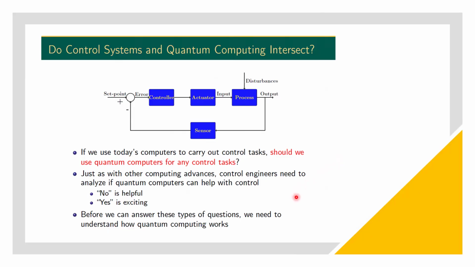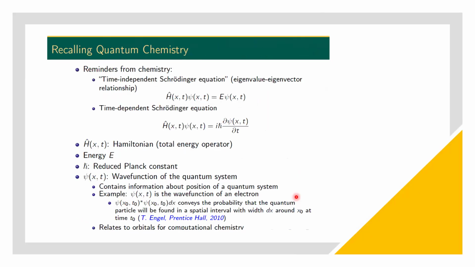But before we can try to answer any of those types of questions, we need to understand how quantum computing works. And something that's pretty cool if you're a control engineer is that a lot of the principles behind quantum computing can really be explained from a lot of control principles. But where I want to start is assuming that the audience might be a little bit like me and they're chemical engineers, process control engineers, for example. I want to help bridge the gap between what you may have learned in your past, which would probably have been in some type of chemistry class about quantum mechanics,